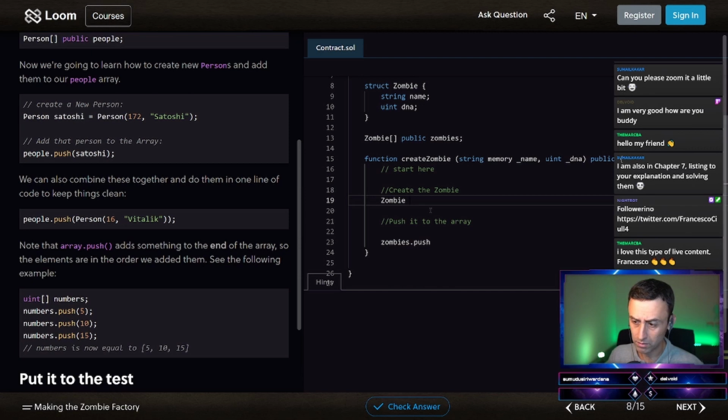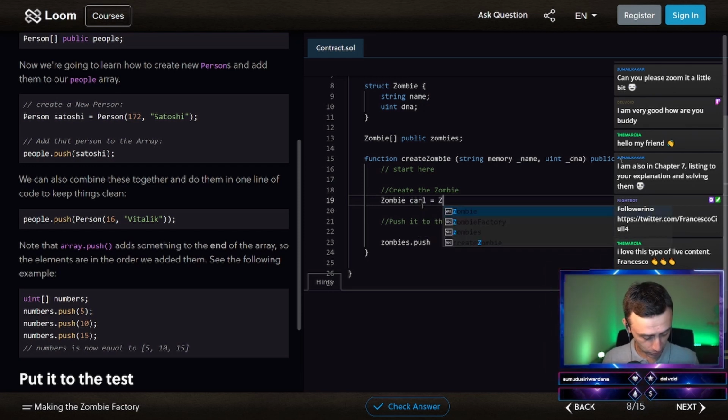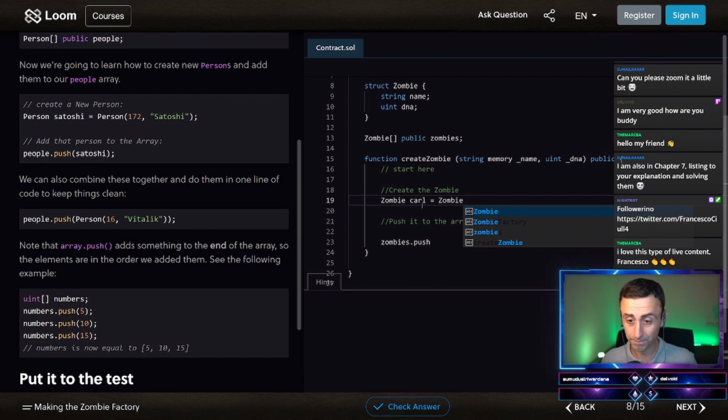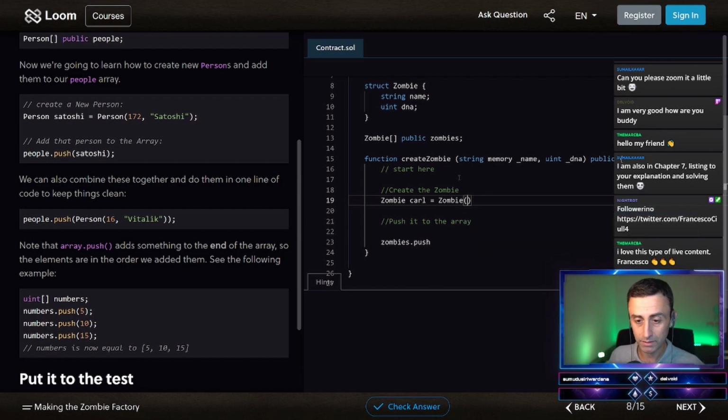Okay, so let's create a famous zombie, Carl. Now let's create, okay, Carl, like that. Equal to zombie. But here, let me see, here they are starting to do something. For example, the name of the zombie, it will be Carl, because we need to follow here.